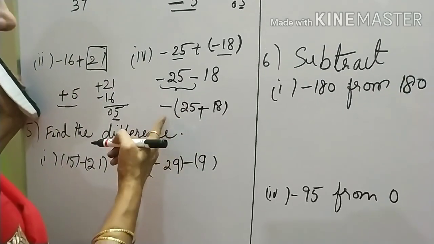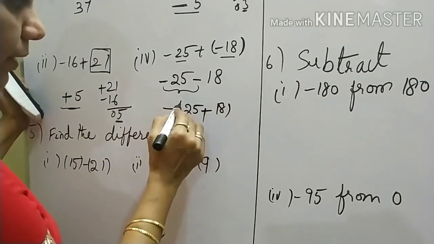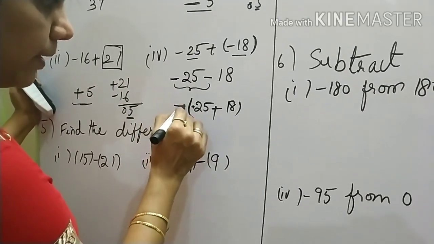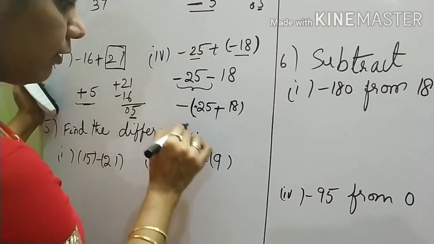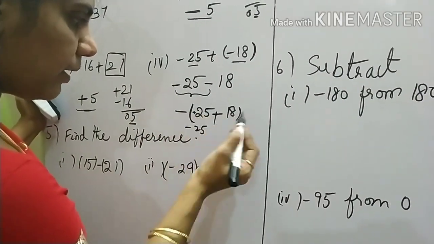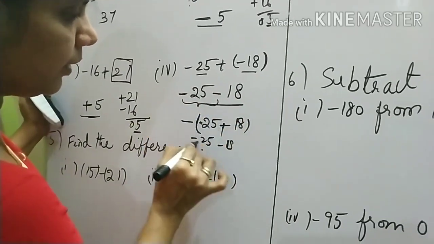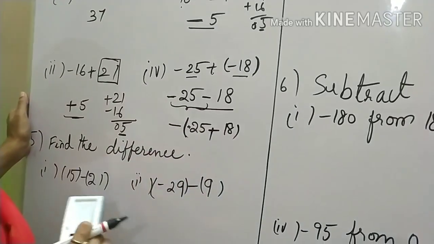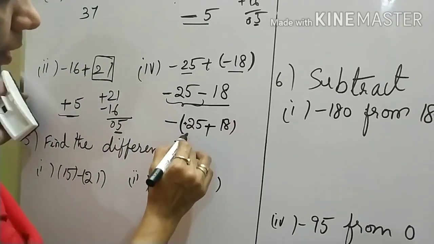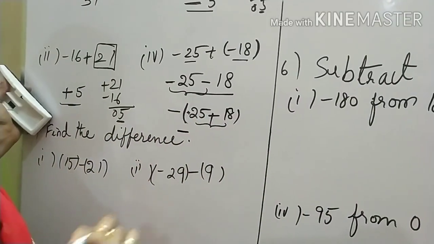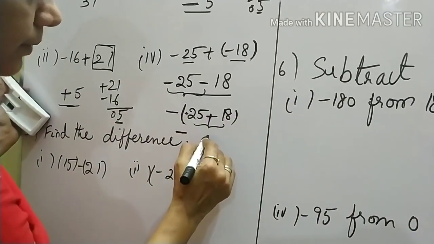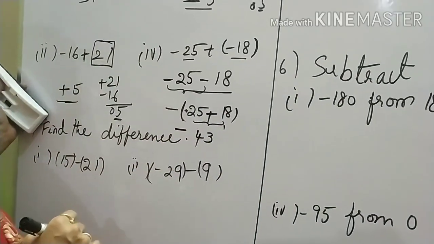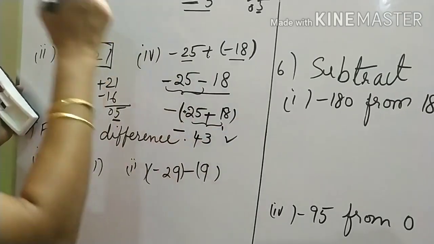How does it work? If I apply this again, the bracket means multiplication, I told you. So here plus into minus, minus only. Again you will get minus 25. Minus into plus, minus only. Again you are getting the same. So instead of doing this, I can also take minus as common. Minus common I am taking here. I am doing addition, 5 plus 8, 13. So 43. Like that we have to do calculations.